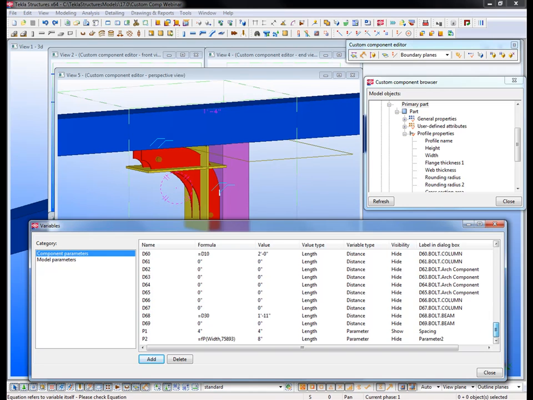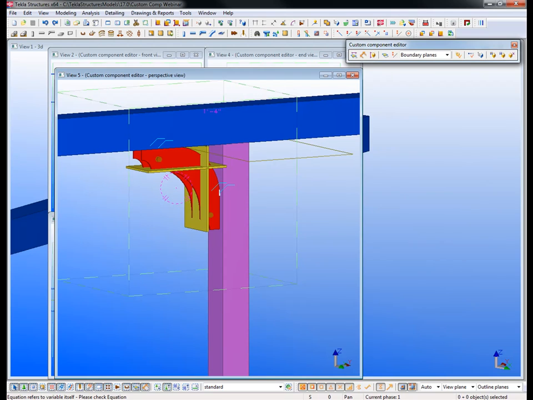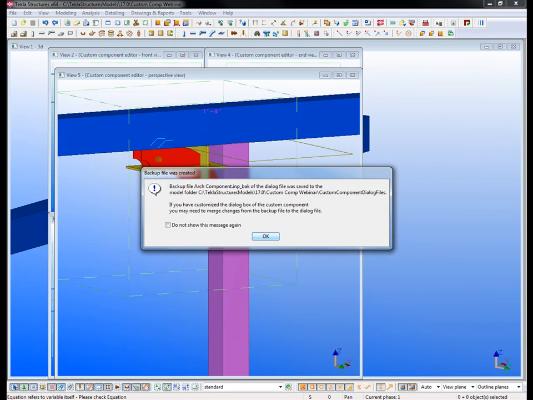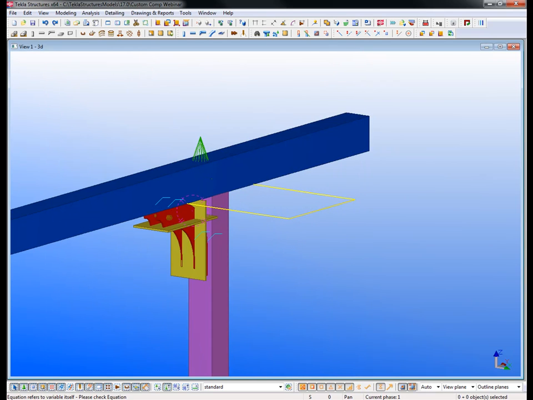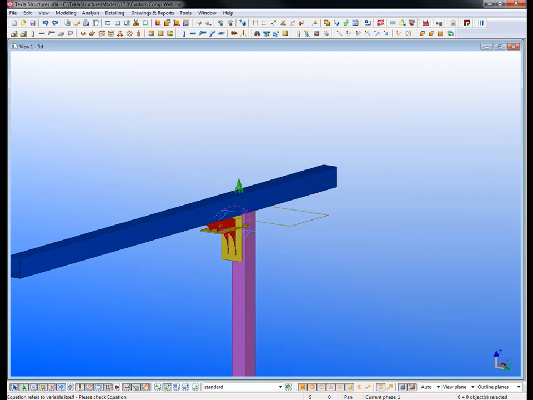And what we'll do now, let's go ahead and close some of this, and we'll go take a look in the model and see what we've created so far. So I'll just click OK, and that will close the 4 temporary views that were created. It will show me my component here within the model. I'm also going to go ahead and save my Tekla Structures model just to make sure that I don't lose